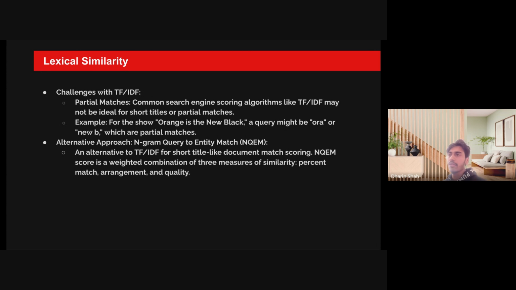That's why Netflix built its own, different style of mathematical model, which is n-gram query to entity match, NQM in short. It's an alternative to TF-IDF for short-title document match. It's specifically designed for short title documents, and is broken down into three key measures, which are percent match, arrangement, and quality. And we'll go into what each of these